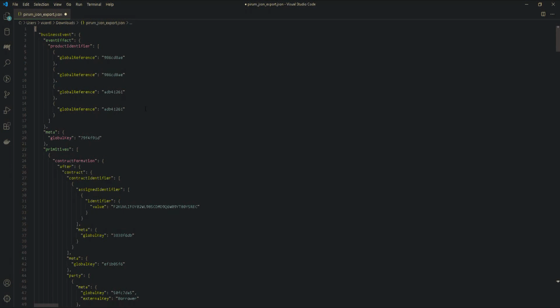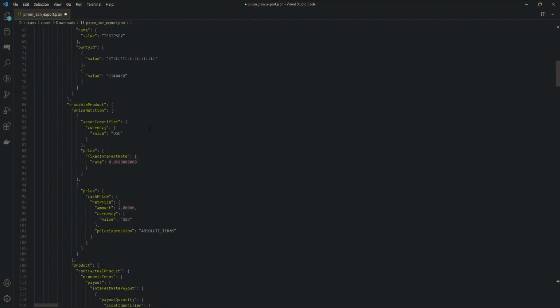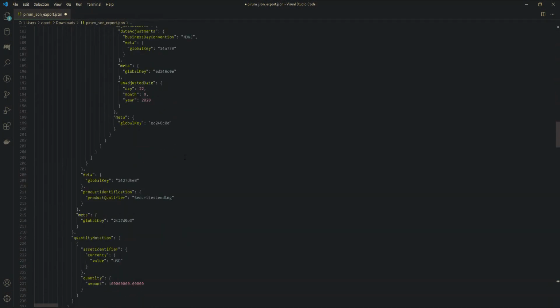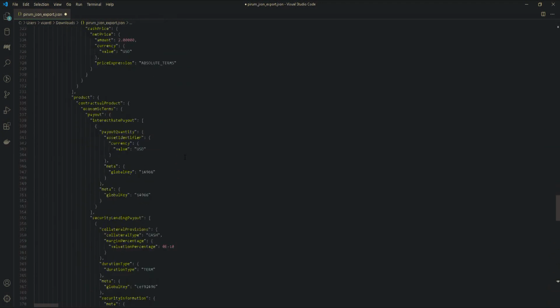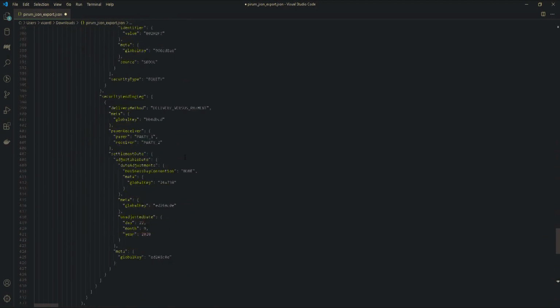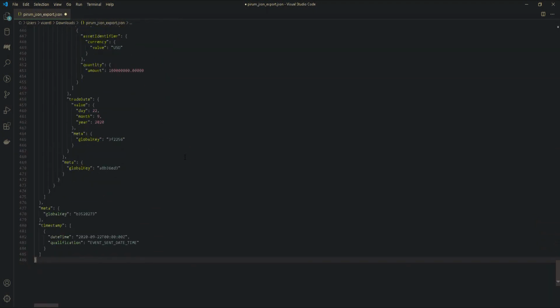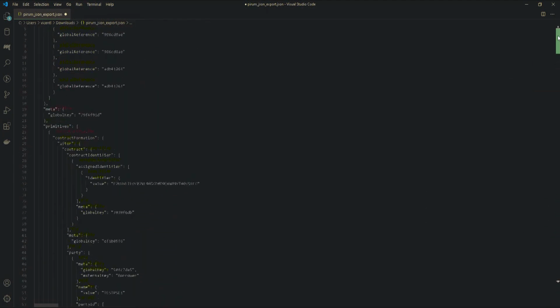You can see that this response is still quite big. There is a lot of information going on here. We can navigate through this file, and you will see that there are a lot of properties in this file. Some of them you have already seen on the screen. Some of them are additional information that we got from FIS. But there are also some other properties that I would describe as metadata that identify some of the fields, for example the lender, used to distinguish between the lender and the borrower. So this is not really useful for humans to work with.